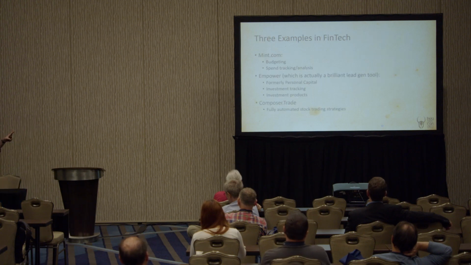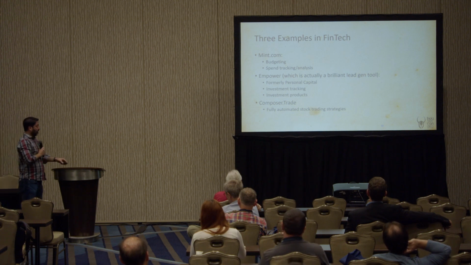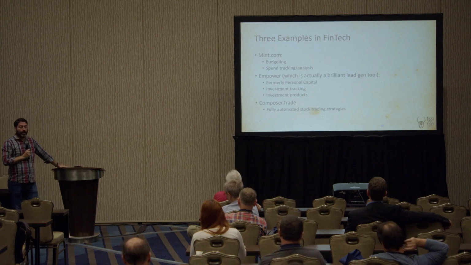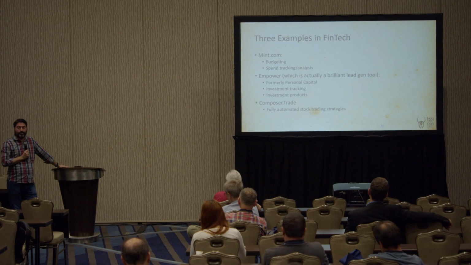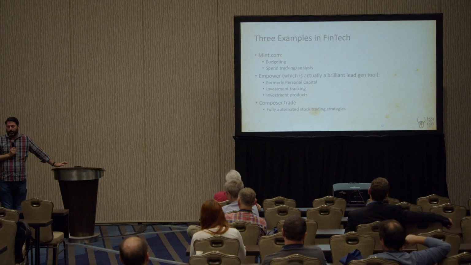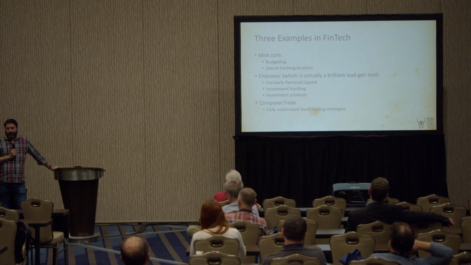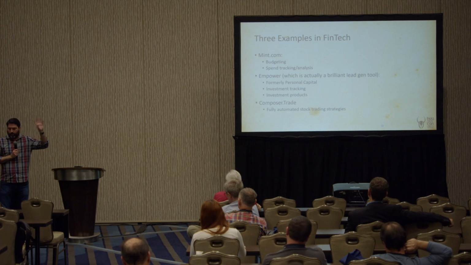So three examples I want to talk about. I talked about Mint already. My son is 18 and has grand plans of buying a new car, even though the car he has is perfectly fine. And so I said, buddy, I know you're working in the garage at Mercedes, but I don't know if you're making enough money yet to really think about that. Do you really want to spend money on a car right now with interest rates being where they are? Well, of course, he just sees new cars and he wants it. So, all right, let's do this.